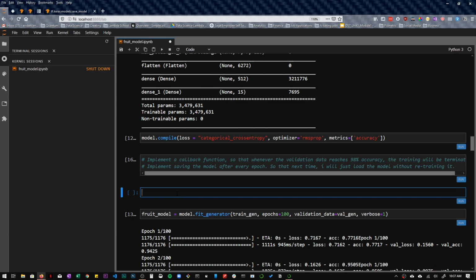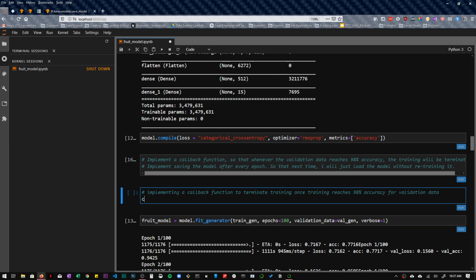So let me look that up real quick. So this is implementing a callback function to terminate training once training reaches 98% accuracy for validation data.